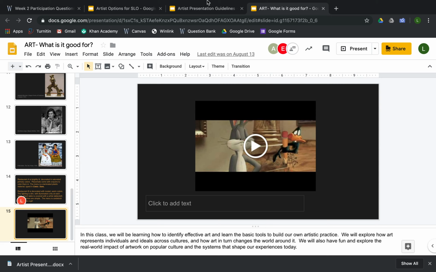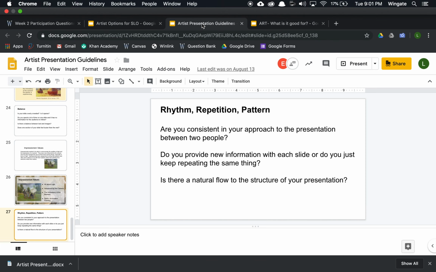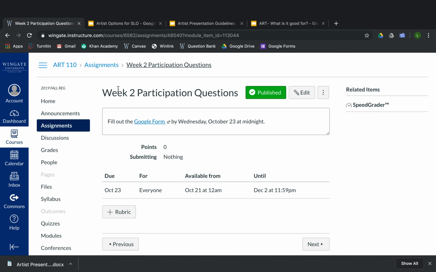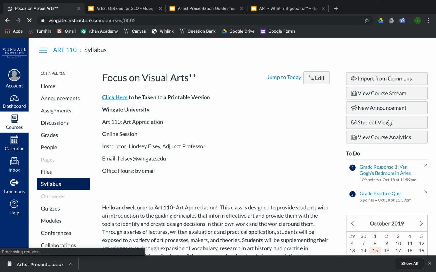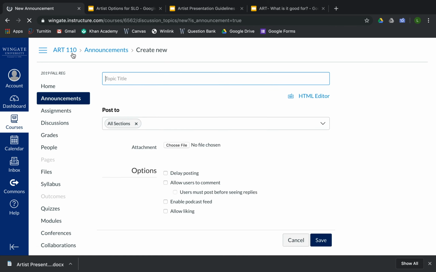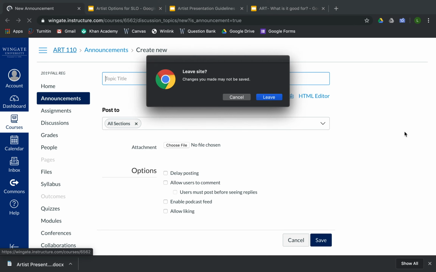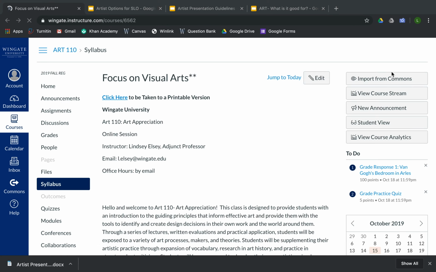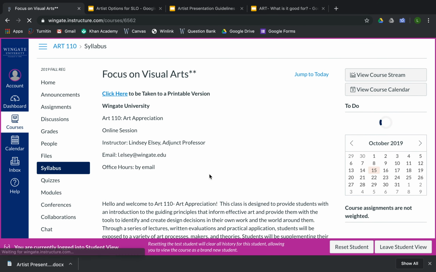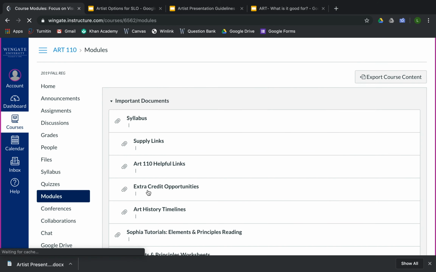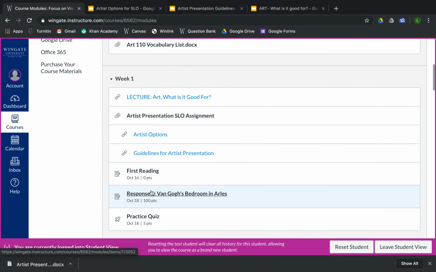And that is the end of these lectures. So what you should be doing for the rest of this week, let me go back into student view for you. So for the rest of this week, student view. Go into your modules. So you've already done your lecture. We've gone through those. Your first reading